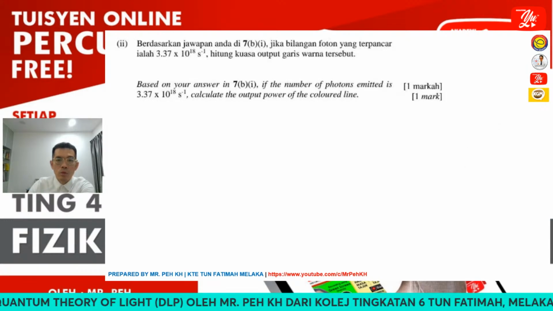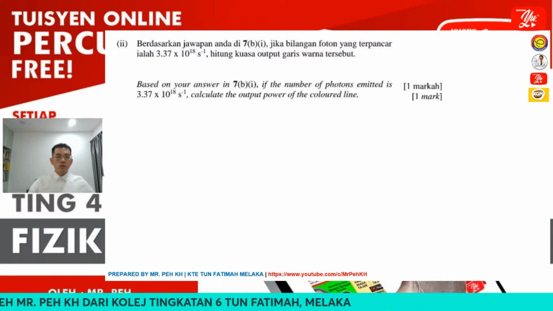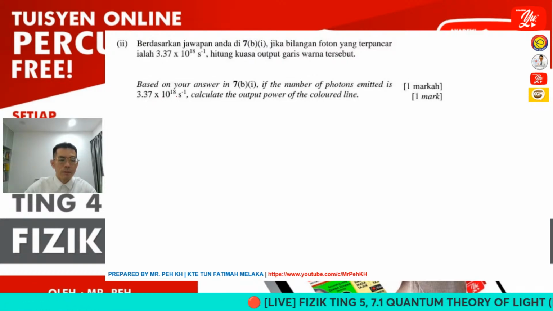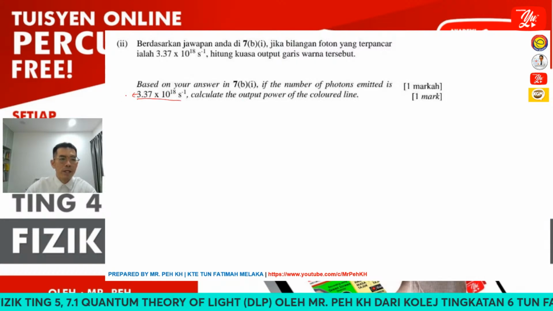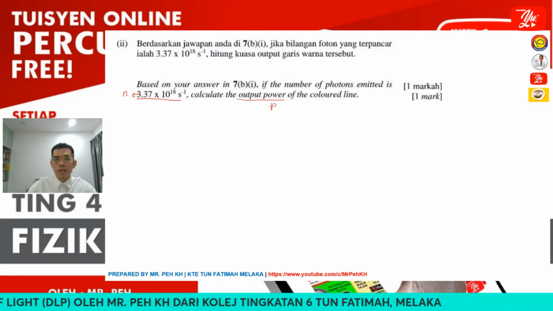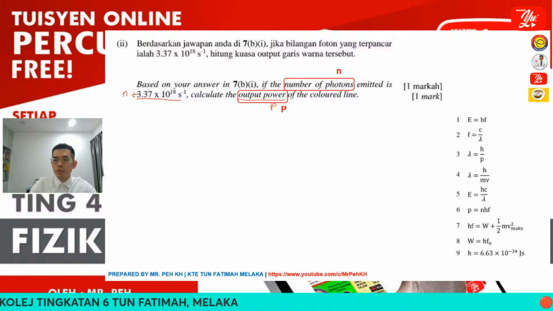Okay, so we go to the last question for today's subtopic. Based on your answer in 7B, if the number of photons emitted is 3.37 times 10 power 18 per second, calculate the output power. Here, this refers to symbol N, and here it will be P. So the question asks you about the value of P. Which formula are you going to select? It will be